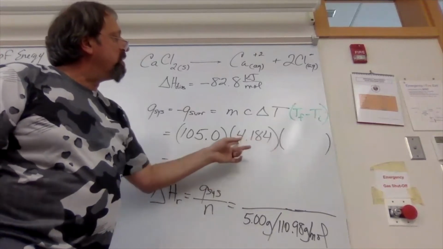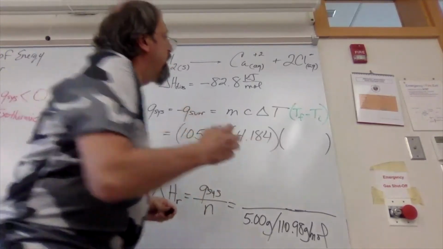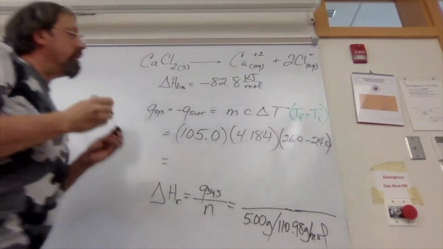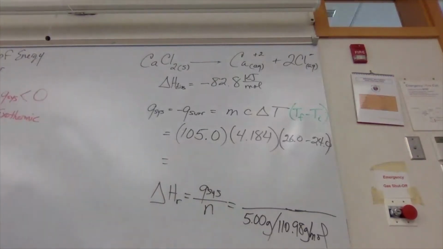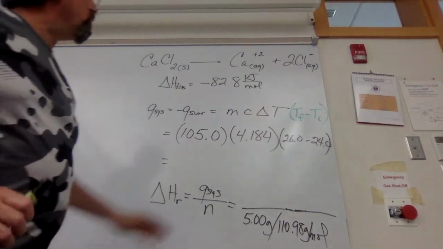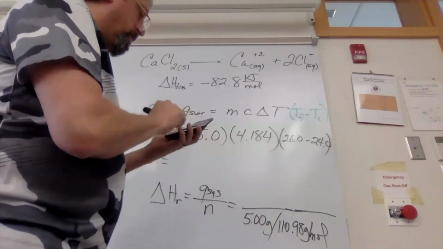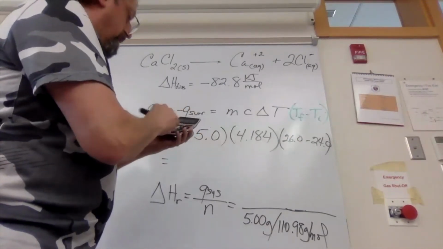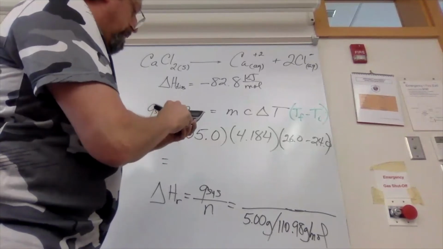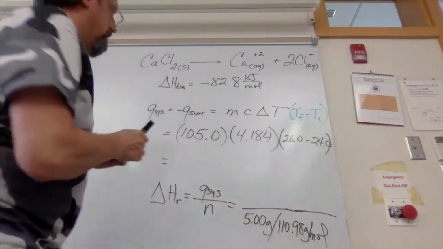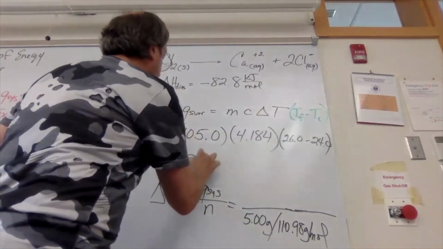So we're going to use the specific heat of water, 4.184. We had a final temperature of 26.0 and an initial temperature of 24. So that's a delta T of 2 degrees C. And now it's time to do a little calculation to see where we ended up with this reaction. 105 times 4.184 times 2 equals 879. We're going to say 880 joules